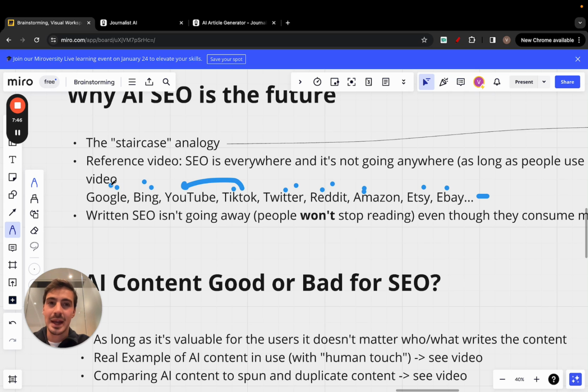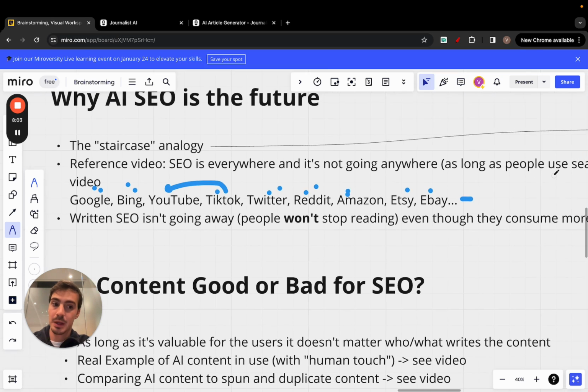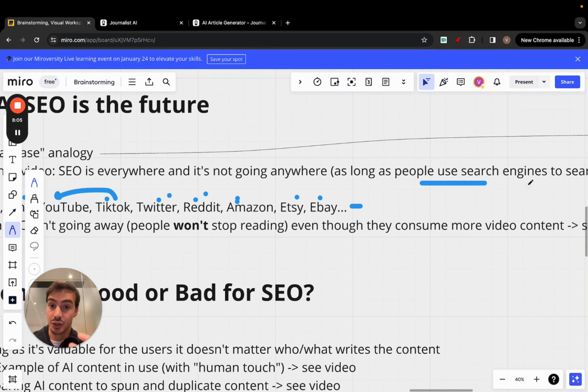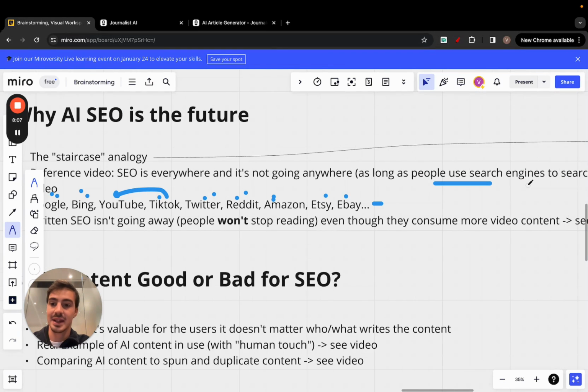For example, you want to buy a dog. You might go on YouTube and TikTok to actually watch and learn and view in a visual way how the dog behaves in video form. So again, all these different search engines have different purposes. And people often say that SEO is going away because of AI, that it's going to automate the process. Not really, because as long as people use search engines to search for stuff, and they're always going to use search engines, they're never going away.